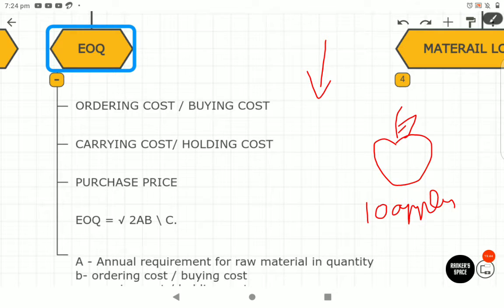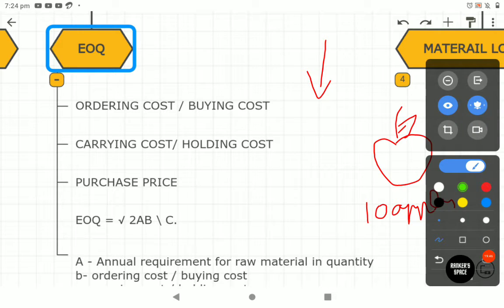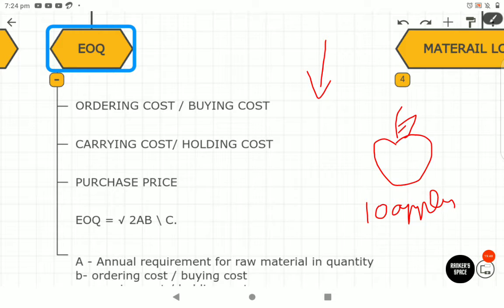But on the other side, your buying cost, you are buying only 10 apples. You're going to a shop, you're buying 10 apples. Your other customer is buying 16,000 apples. The supplier will attend to the big customer more, right? He'll give him more discount. You will not get much discount. You will have to pay the actual amount per apple, 10 rupees or 50 rupees, whatever. No discount, nothing.